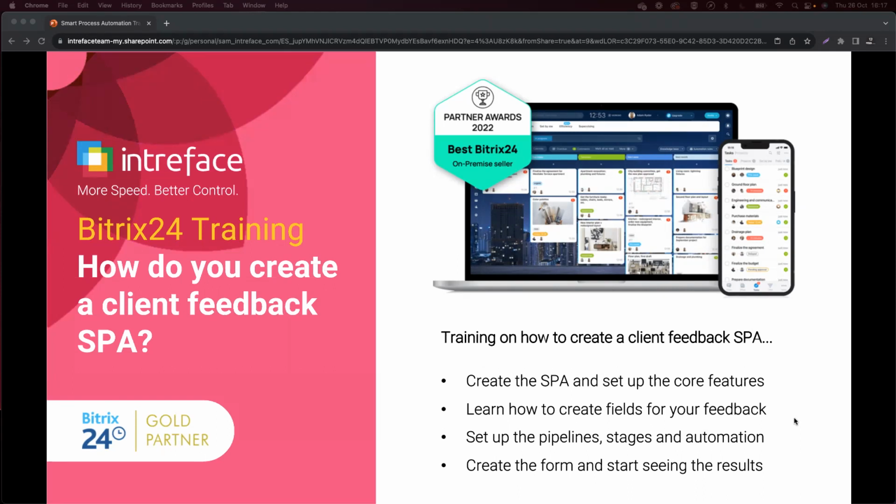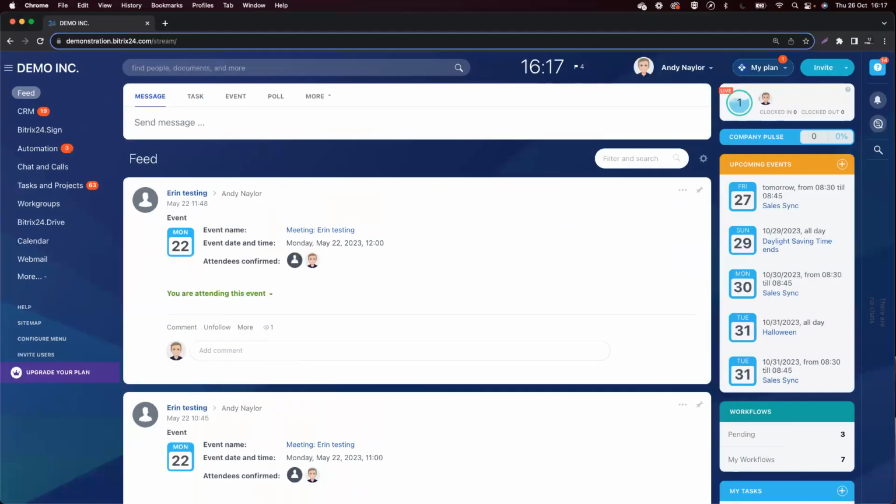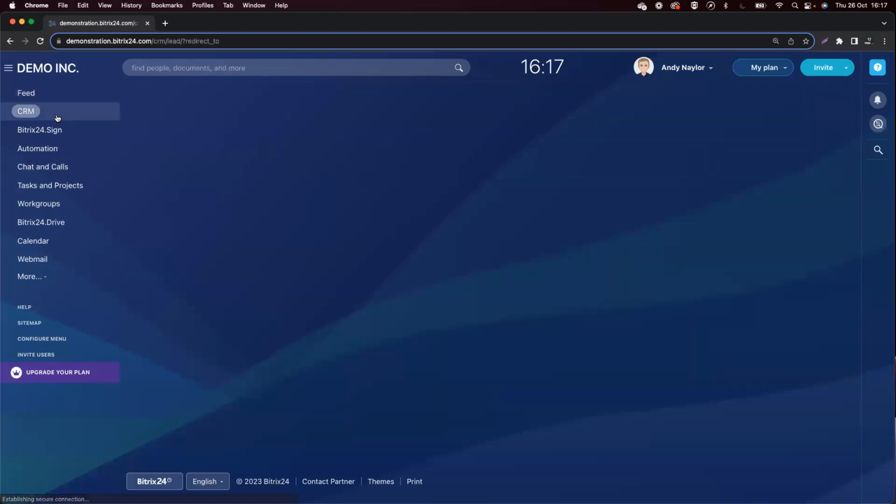And then finally, I'll just show you how you can use the CRM form feature to create your feedback form. You can then embed it on your website. And then once the customer fills out that form, it will automatically populate the SPA item directly from your website. So as I say, what I'll do is I'll jump into Bitrix, and as we go into the CRM, to start off creating a